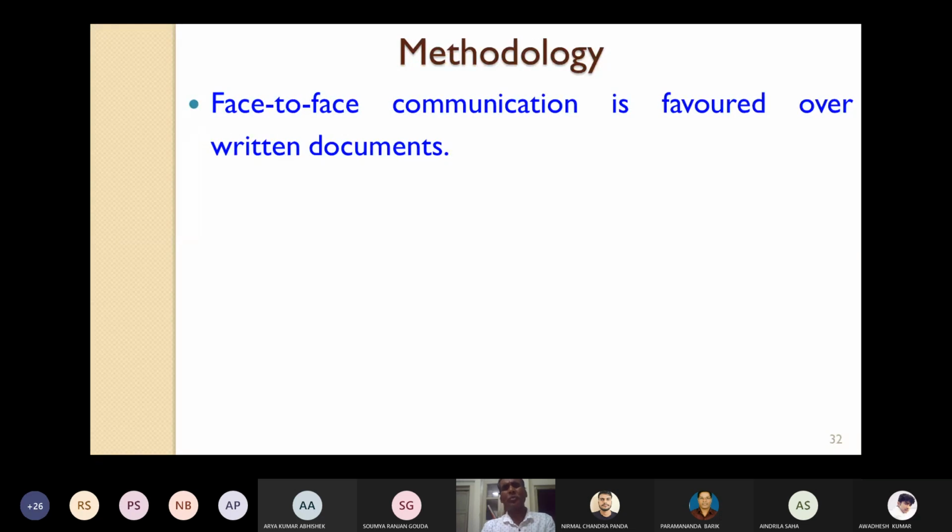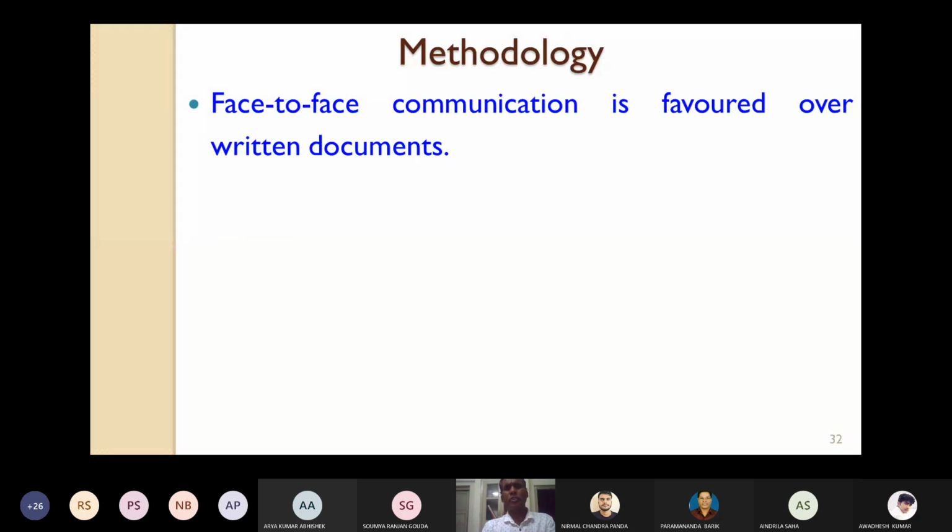Try to do minimum documentation only, what is required, which cannot be skipped. Otherwise, everything is based on face-to-face communication. So one of the important features in Agile software development is face-to-face communication, favored over written documents, because you try to document as little as possible.